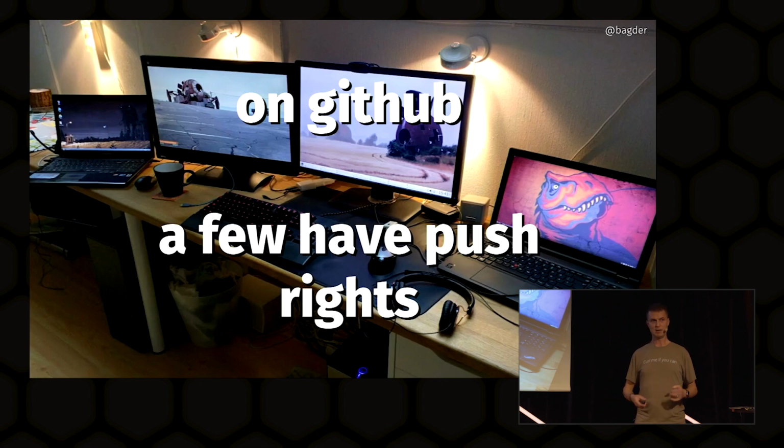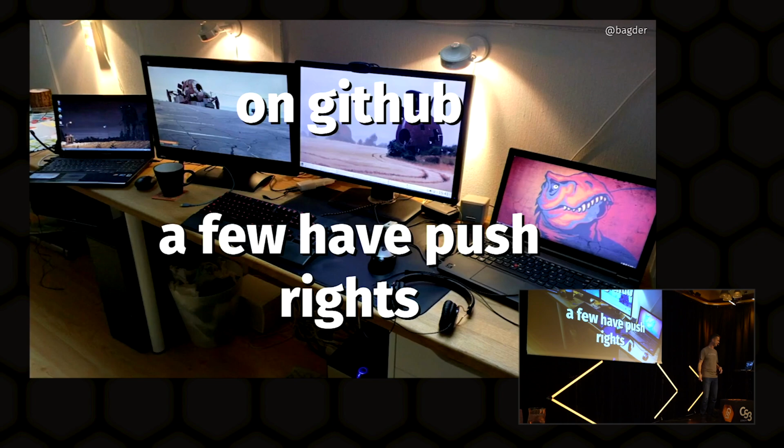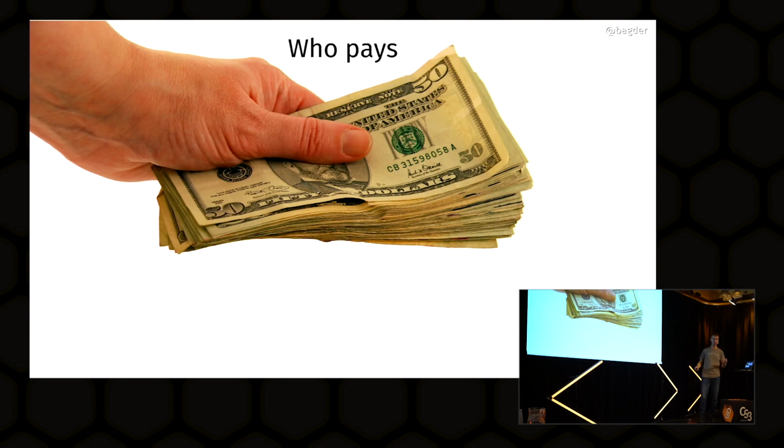Which GitHub is good because everyone has a GitHub account, so it lowers the bar and makes it easy for everyone to contribute. So here's my home office, and so it's just me. So I work from home with myself. So okay, we do this little project. We're a few people working on this, maintaining it year for year, and so 10 billion installations. So who pays for all this, right?